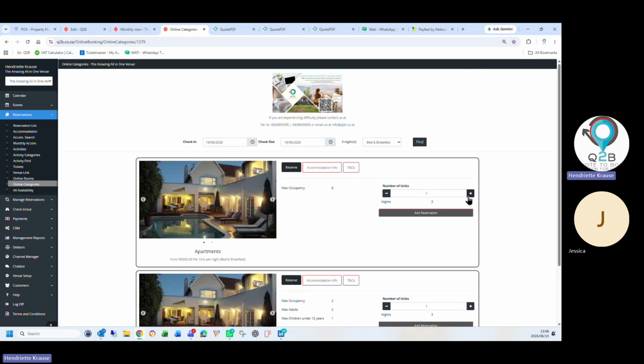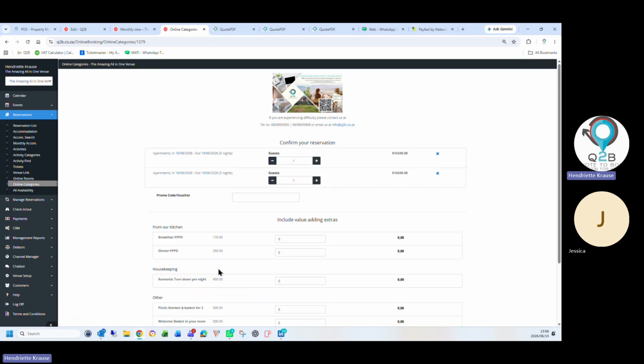If they want to reserve it and they want 2 of these units, they can just say add, and there's the 2 units. How many guests are sleeping in here? Now, we also deal with rates: occupancy-based, rate per person per night, per room per night, occupancy plus. If a guest house can take more than 6 people, you can sell it by occupancy plus. And for the camping sites, we do max plus. So various rate types that we offer.